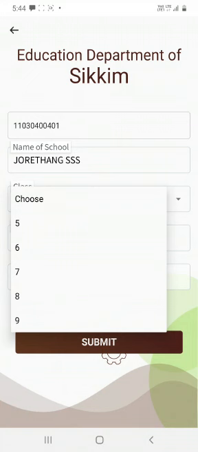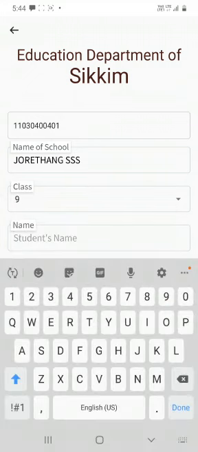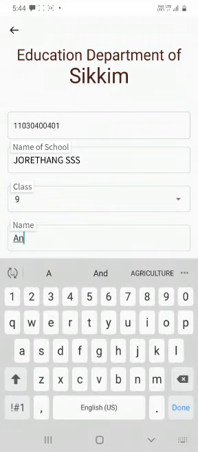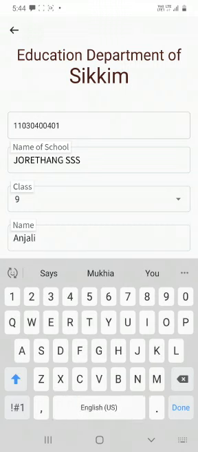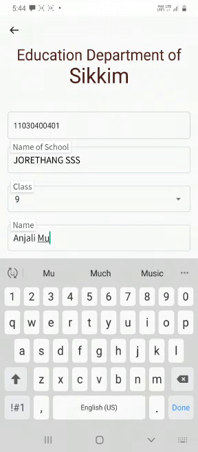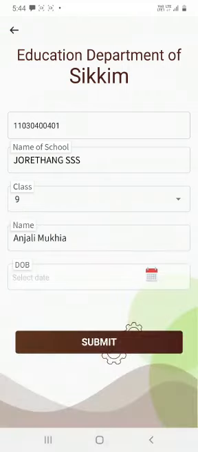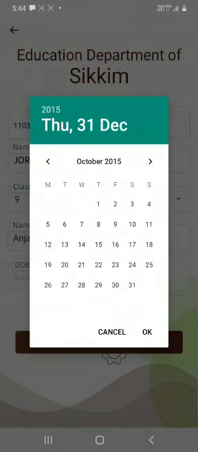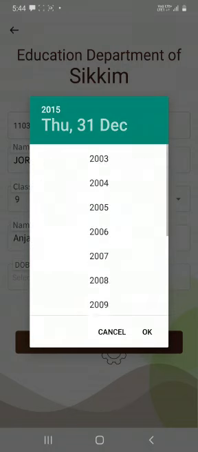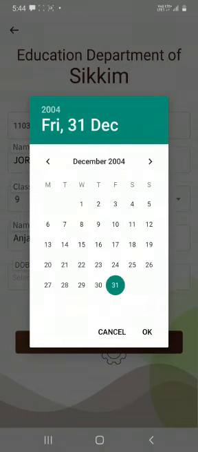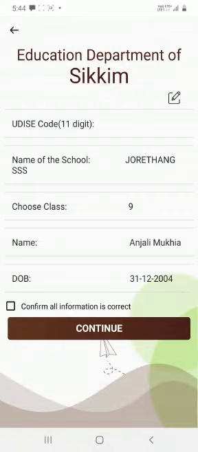Then class you will choose class 9. Student name, just for example, okay, Anjali Mukhia. Okay, Anjali Mukhia गर्यो भने चाहिँ. Alright, then DOB, you have to give your DOB है, कुन चाहिँ year हो यहाँनिर लगाउनु. For example, I'm just doing for example र आफ्नो DOB लगाउनु, date of birth, then click on OK, then submit